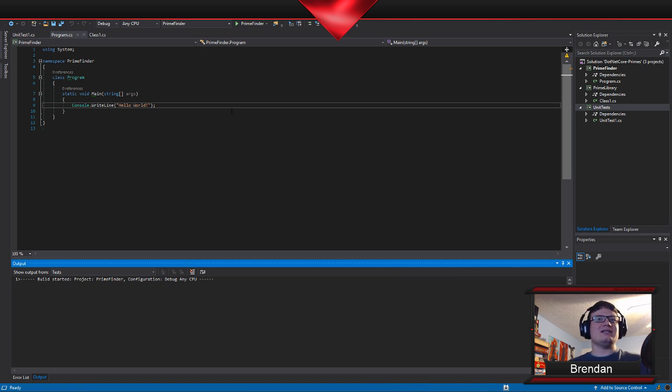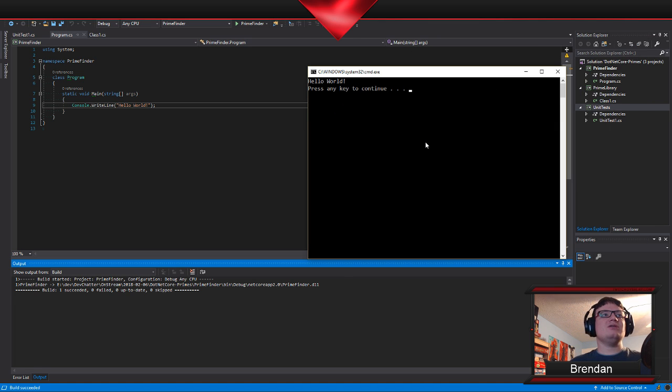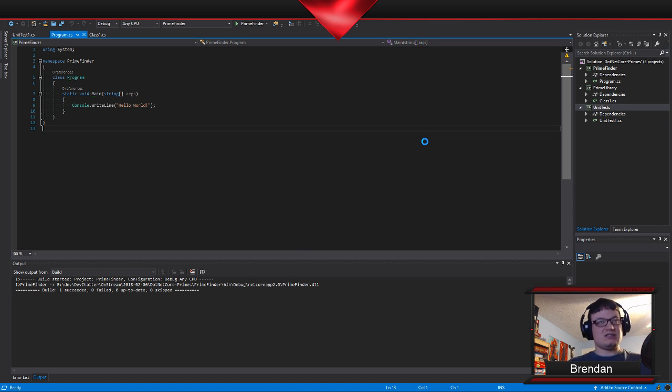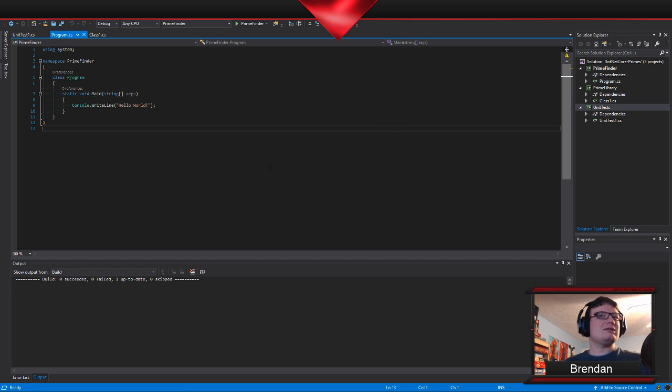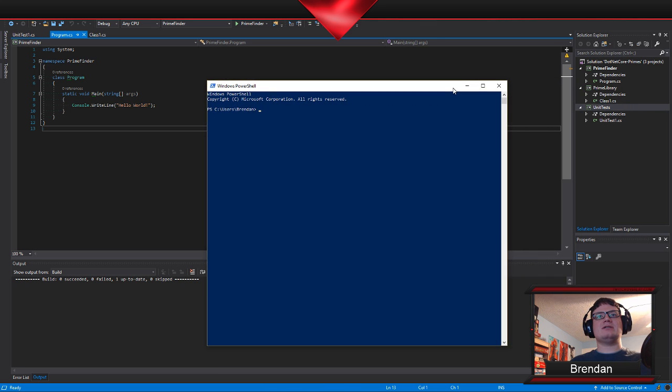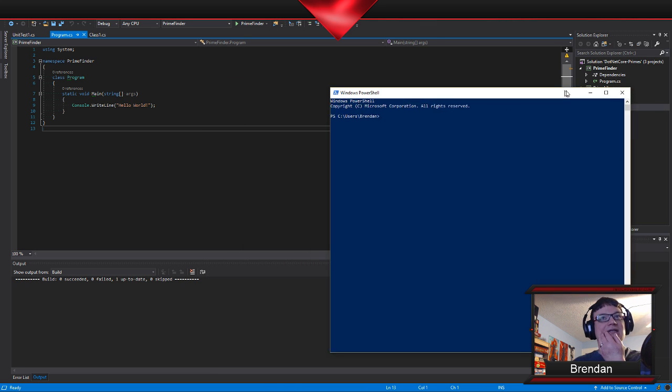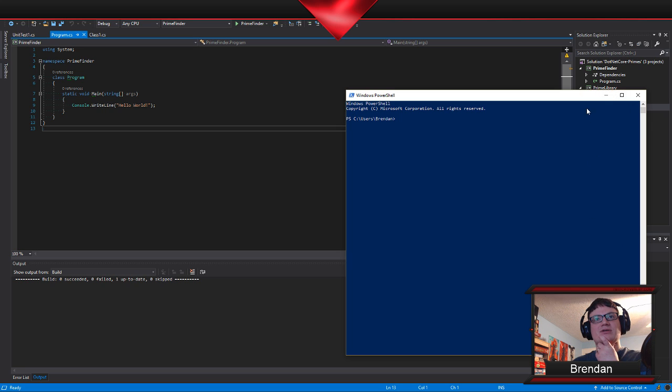So I'm going to go ahead and run things, just make sure I didn't mess anything up. And it opened this on the other screen, but there's our Hello World. Let's see if it opens in the correct place now. Nope, it's always going to open on the other screen. In that case, what I can do is bring up PowerShell, bring that over to this screen, and I am going to navigate to that folder.